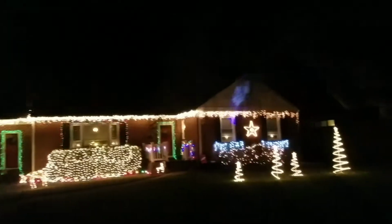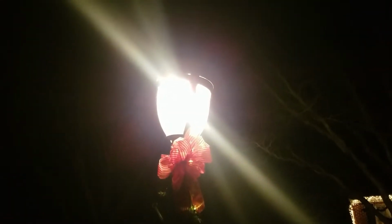So, I guess we'll start over here at the end of the driveway. We got the lamp post, which I think I'm going to put a dimmer bulb in, one that's not as high intensity, that's an LED bulb in there. I think I'm going to put probably one of those filament LED bulbs that's sort of lower wattage. But anyways, on the actual post itself, which is being washed out by the light from the head,